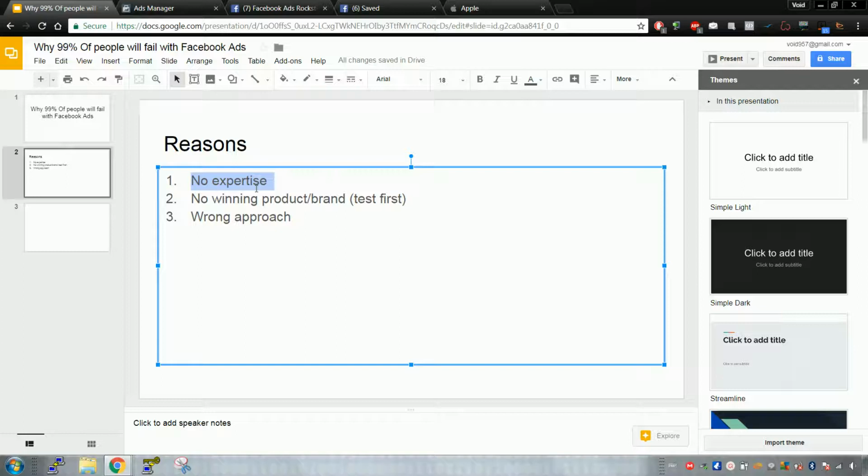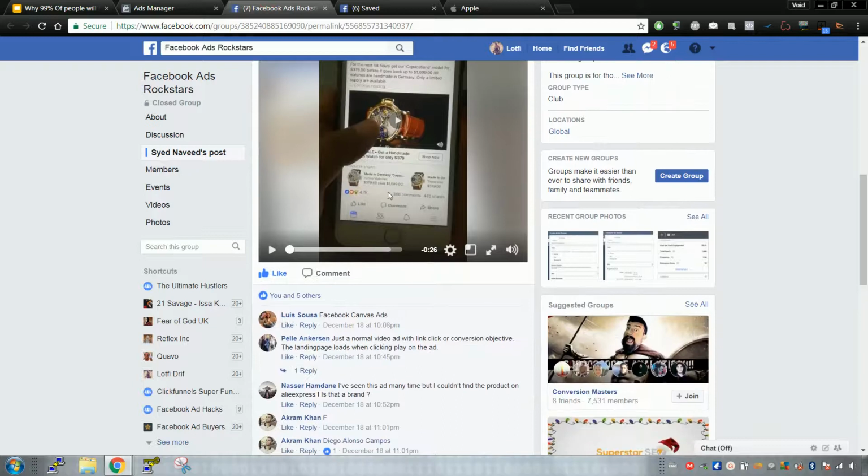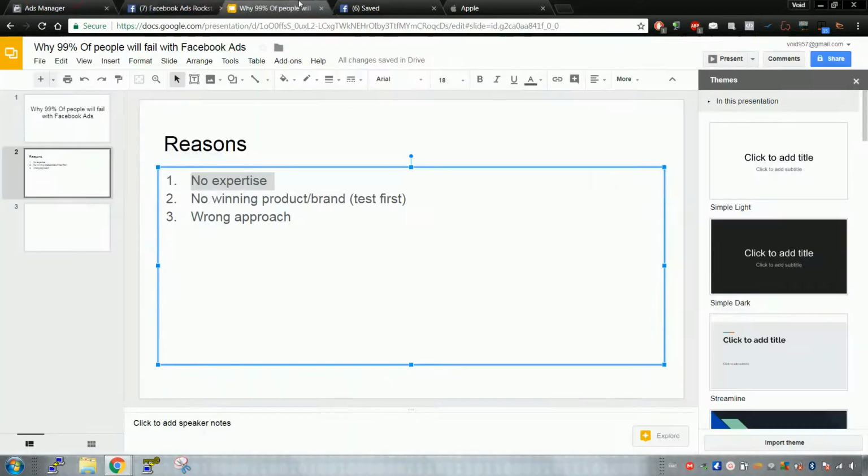but they're not seeing the results they want. So, when it comes to Facebook ads, you need a lot of expertise. You can't just have a little bit. You can't just know what a pixel is, and not know what ad type this is. It's simple stuff like that. You have to know more than 90% of people if you want to really do it, because everyone's out here boosting posts and stuff like that, so it does get competitive. You have to really buy courses and actually learn. So, second reason.